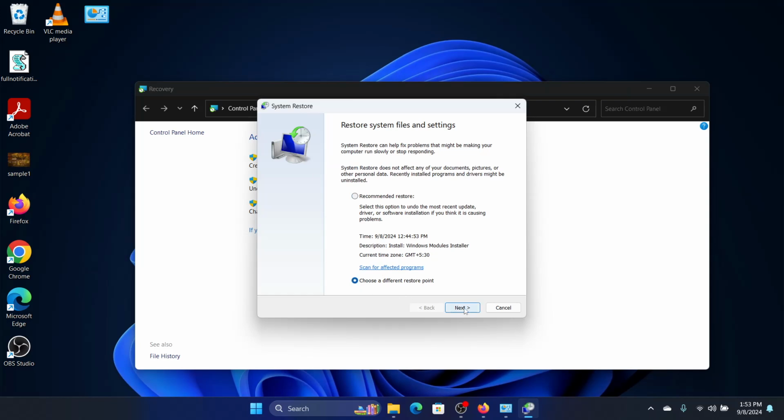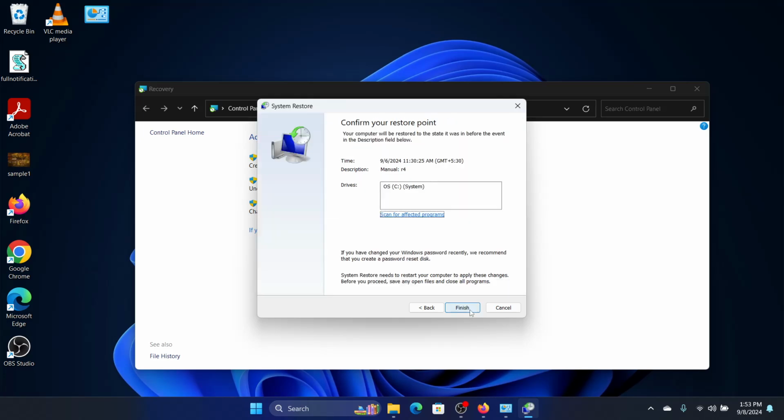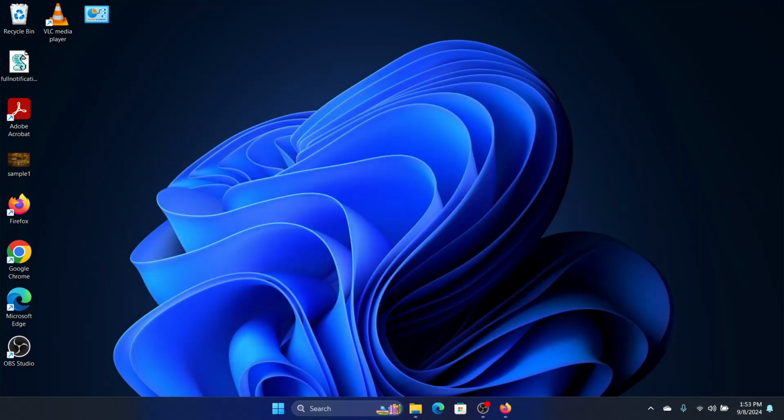point or go for the chosen restore, choose a different restore point, click on next, and we can click on the restore point that we want. We will normally select the restore point on a time and a date where our Windows was not crashing as it is crashing now. So once you click on the selected desired restore point, click on next and then click on finish, and it will restore the system back to the selected date and time, and your Windows should not